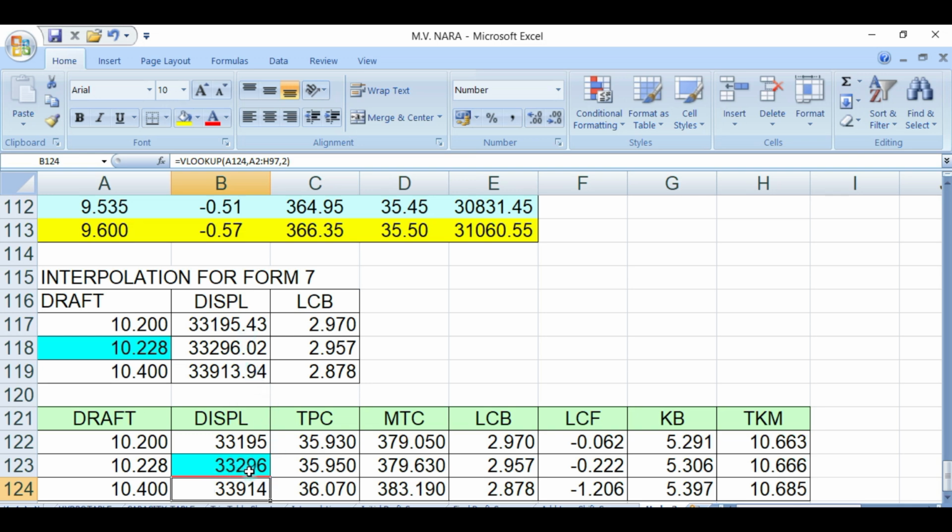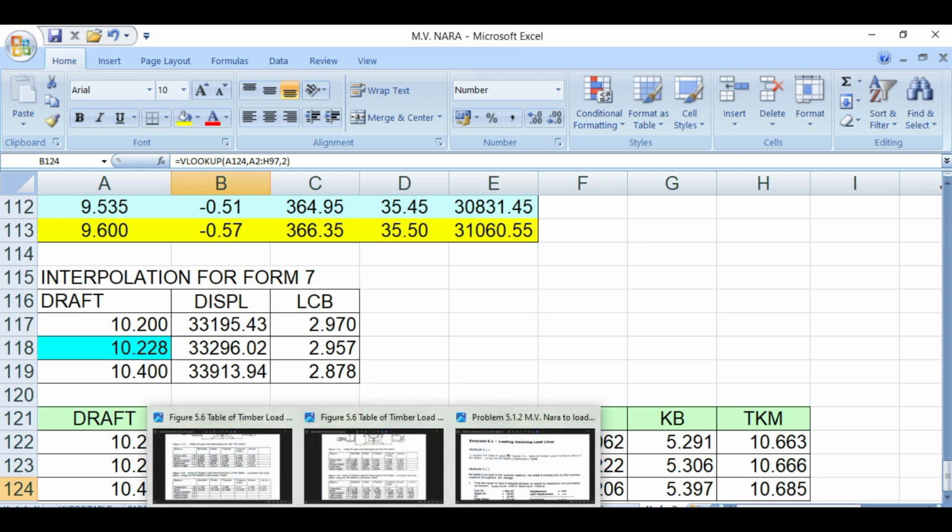Okay, then you will have the TPC, the MTC, LBC, LCF, KB. It is already interpolated, but what we would like to have is only this displacement. That will be 33296.